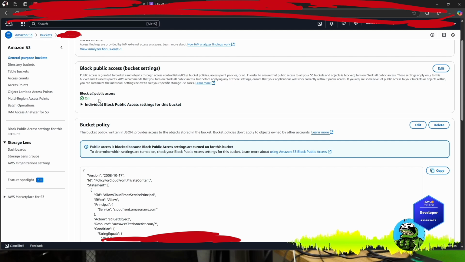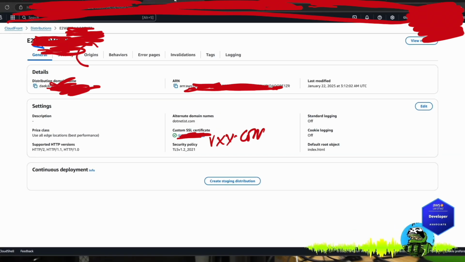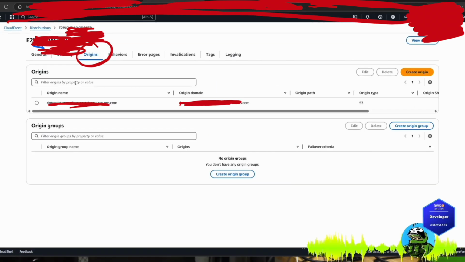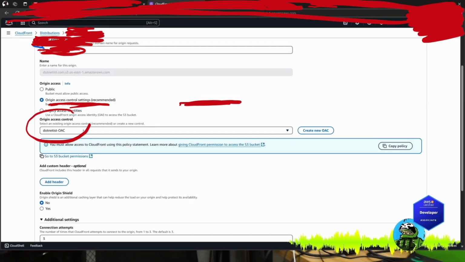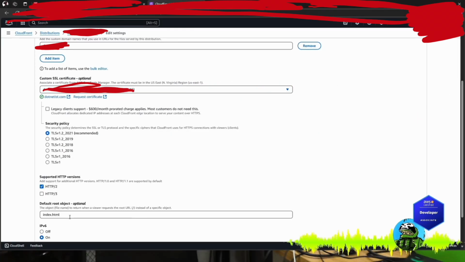And I believe that's the only thing. Oh yeah, another thing is in our origin, we edit that. There is an option there. See here, this is already using an origin access. And in the CloudFront distribution settings, we put an index.html here,